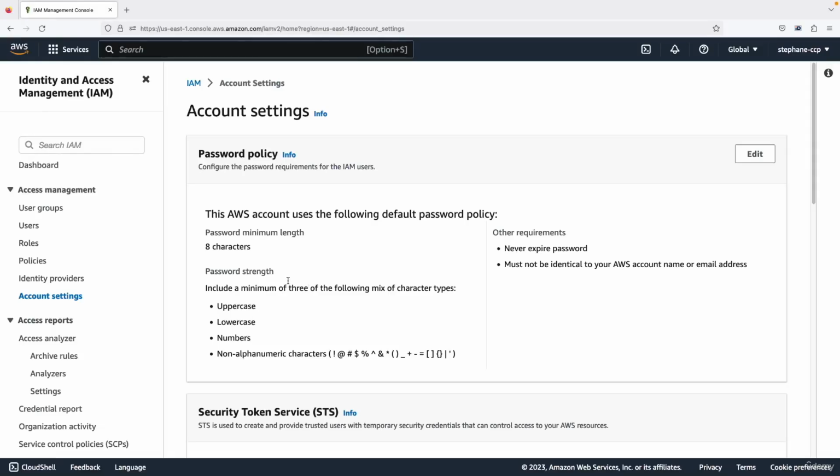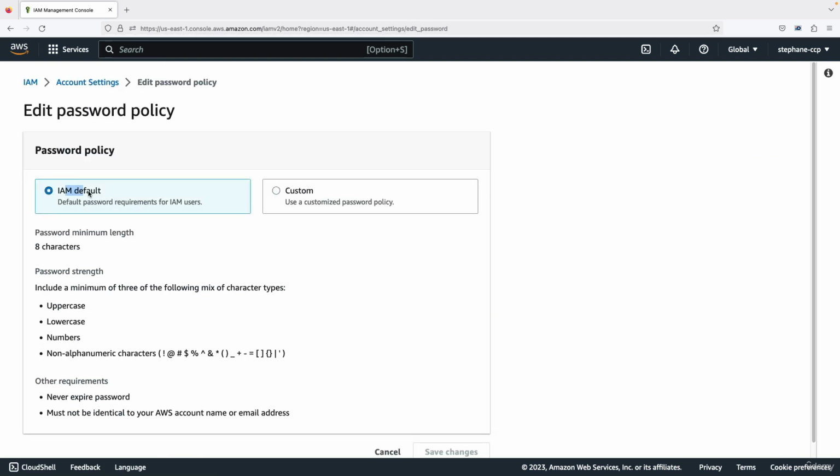So we are going to first define a password policy. For this, click on Account Settings on the left-hand side. You will find Password Policy, and you can edit it. So here we can use the IAM Default Password Policy, which composes of these kind of requirements, or we can